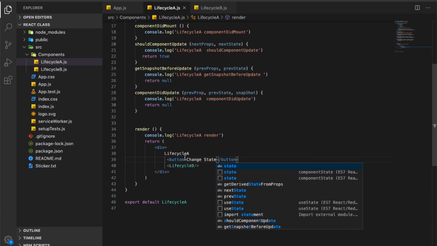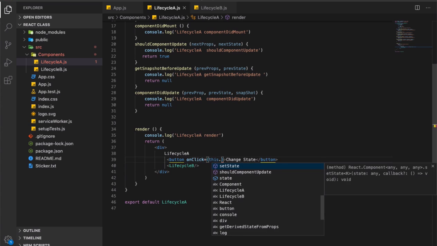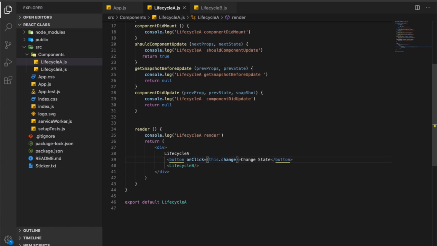Okay, and inside here we are going to have an onClick listener. It is going to have this method, changeState. You can write anything,